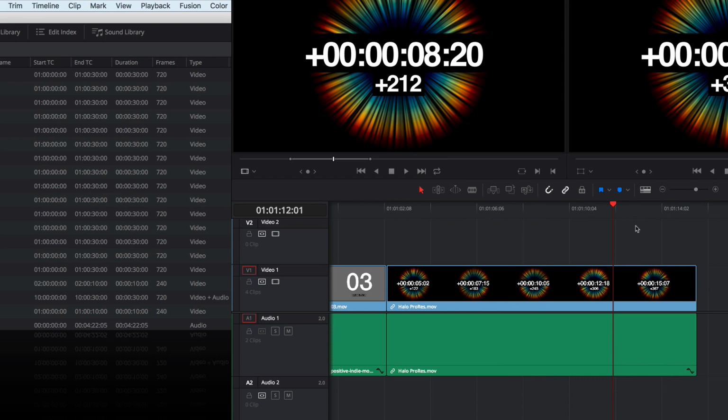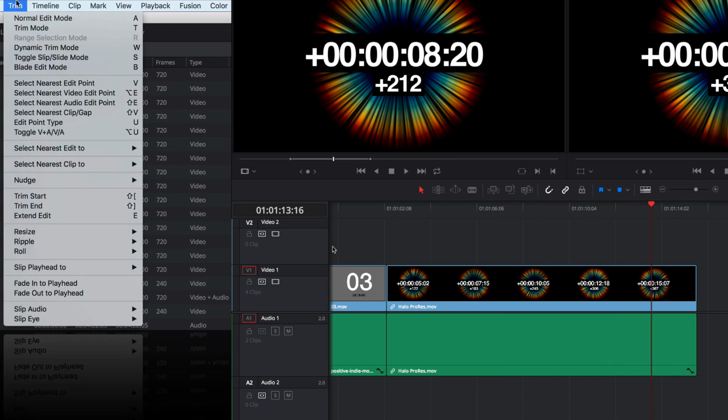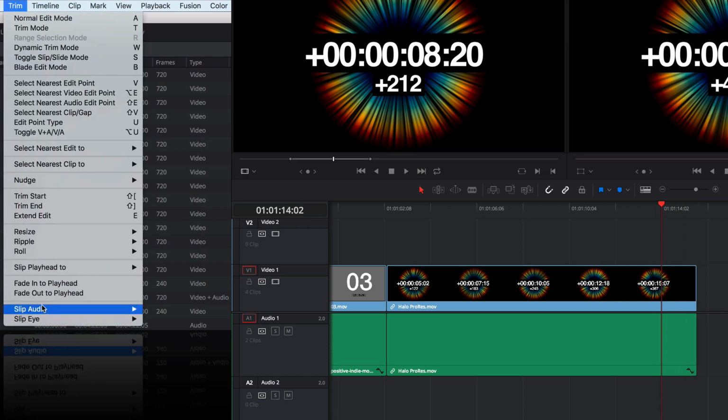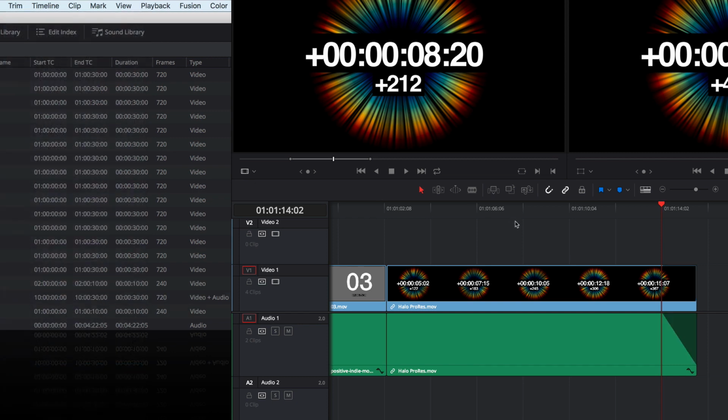Another really nice feature under the trim menu is the option for fade in and fade out to playhead. What this will do is take your playhead into account and apply a fade that goes from the in or the out edit to the playhead. Look where I have my playhead parked here in the timeline, just a few frames back from the end of my edit. If I go Trim, Fade Out to Playhead, I get fades that are automatically applied with one